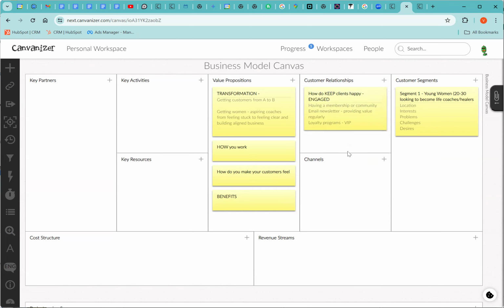Really, for many businesses, there is the 80-20 rule, and that means 80% of your revenue might come from 20% of your clients. That means we really need to focus on